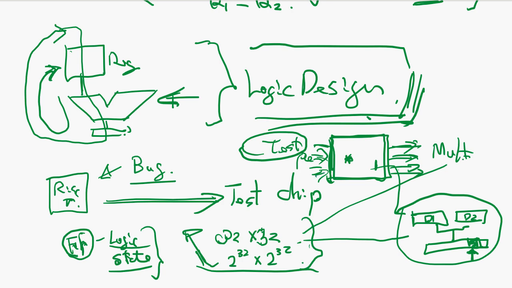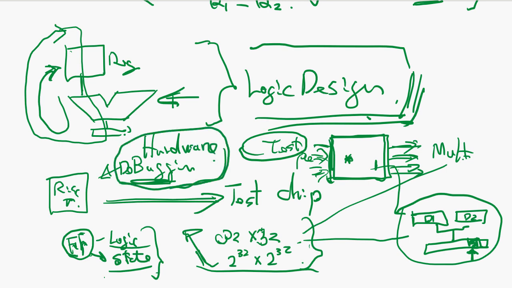Well, you may have a million test chips, but still it doesn't hit some special cases of logic state. So this is hardware bug debugging. Hardware debugging is an entirely different subject